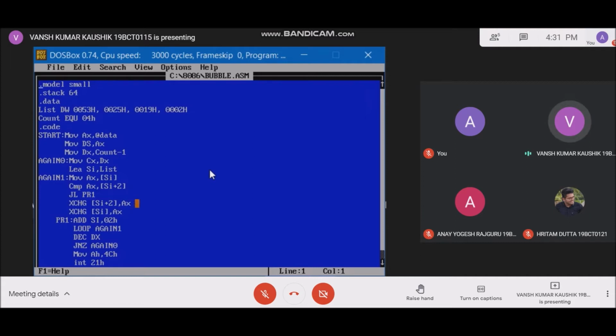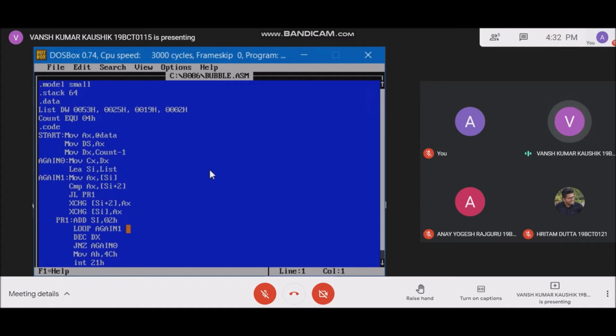We use these two commands, xchg [si+2], ax and xchg [si], ax, to swap the values. Here we are moving 53 to the location where 25 is stored, and AX, which is currently having the value 25, will be moved to the memory. We then use the command add si, 02h to increment the address, because of which now 0053 will be compared with the remaining array elements.